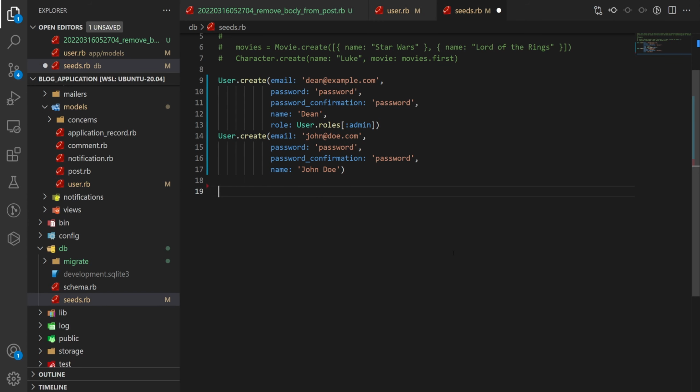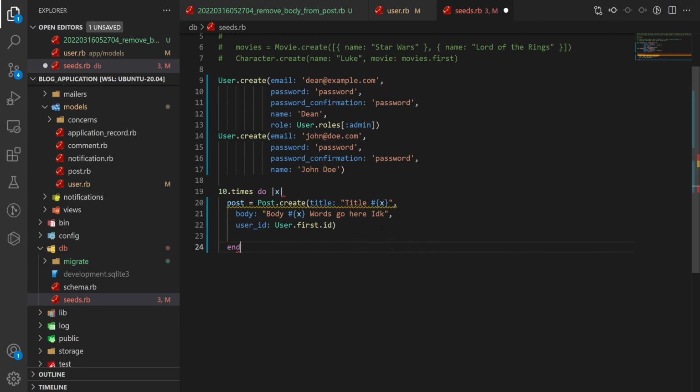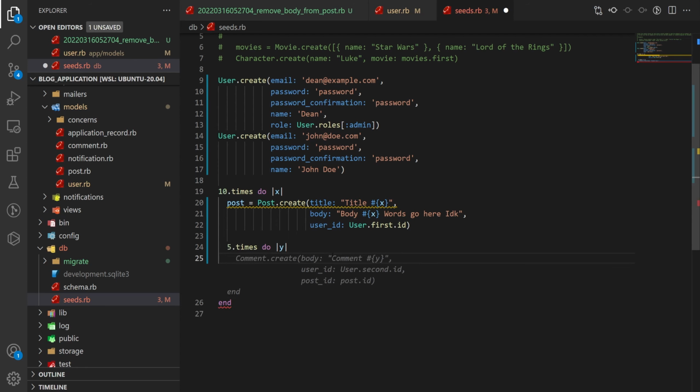Once that's done, I'm going to come down here and I'm going to say 10.times do. I'm going to tab this over and then I'm going to create a post. I'm going to come down here and hit end just so that my formatter stops yelling at me. Once that's done, I'm going to come down here and do exactly 5.times do, and I'm going to